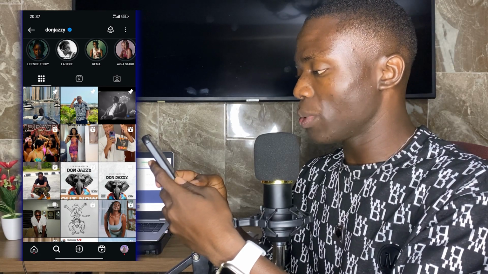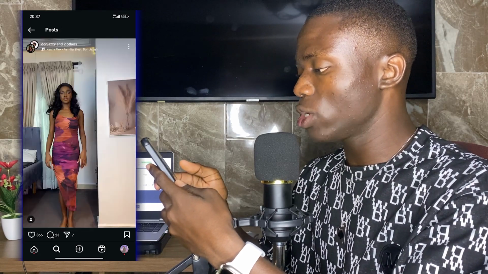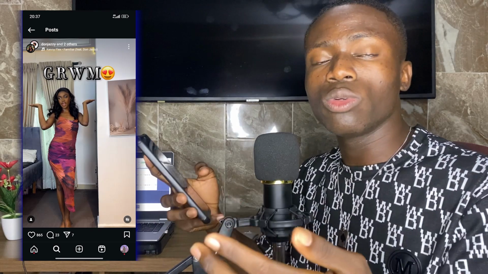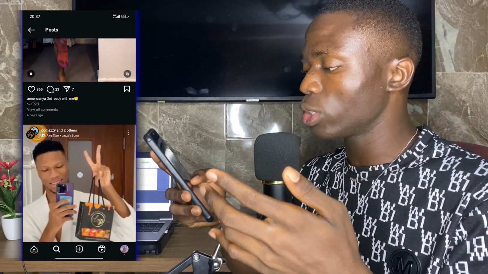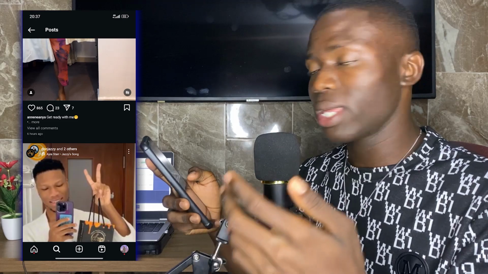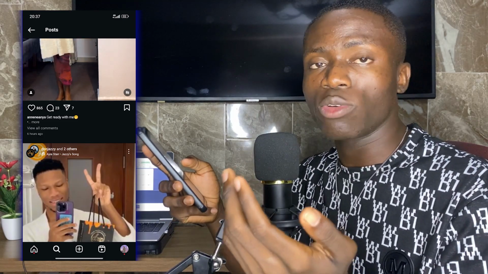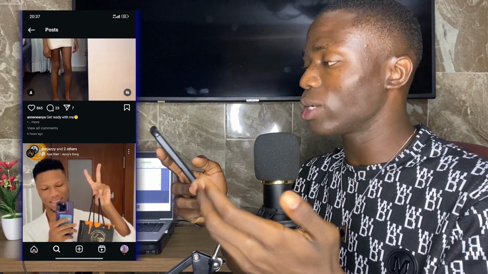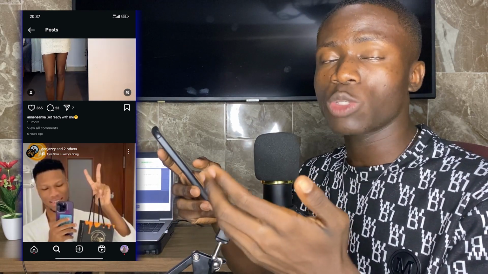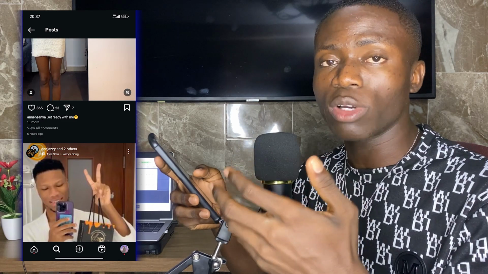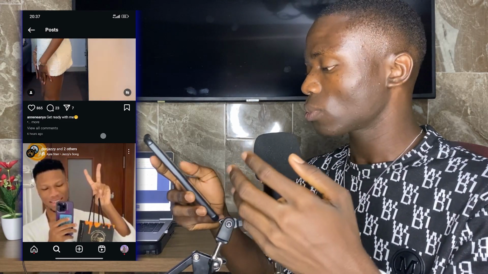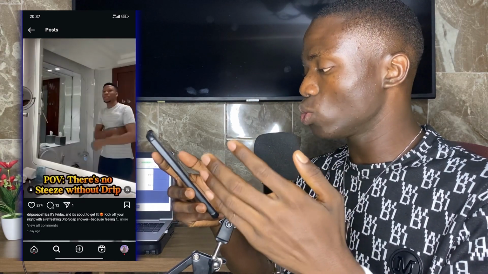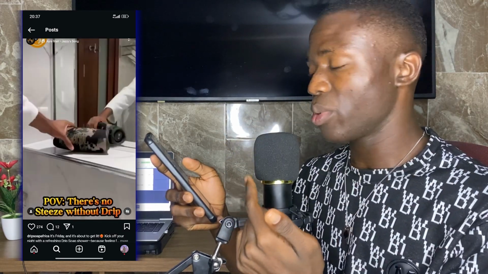Now the next step is simply you grab the video. Now for the videos on their page, you can actually make use of screen recording. So you can use screen recording to actually screen record the videos, and then you have them. You don't have to go stress yourself looking for a way to download it. Simply use a screen recorder to screen record the video, because at the end of the day, you're not going to play the videos that much. You just play a little bit of the video and then you add your voiceover behind it. Now for me, I'm not going to do a lot of it because of these tutorial purposes.